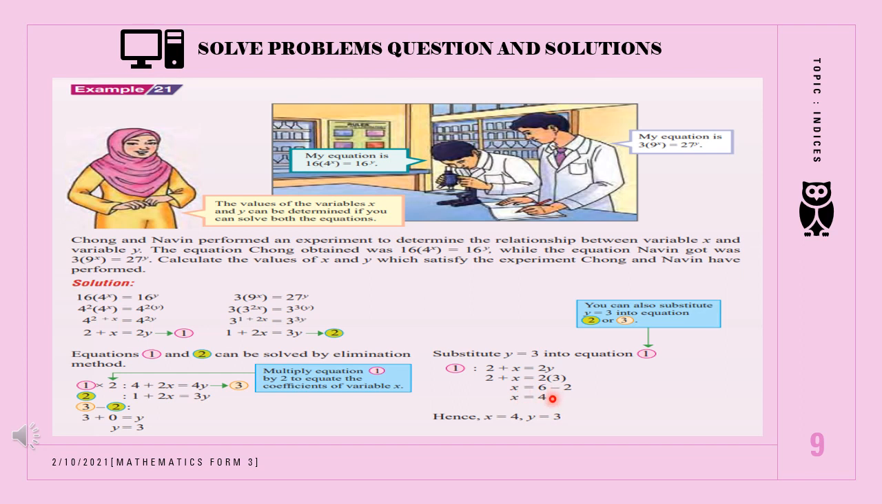And then when you get the answer of y, you substitute the y into equation 1. So you write down equation 1: 2 plus x equal to 2y, 2 plus x equal